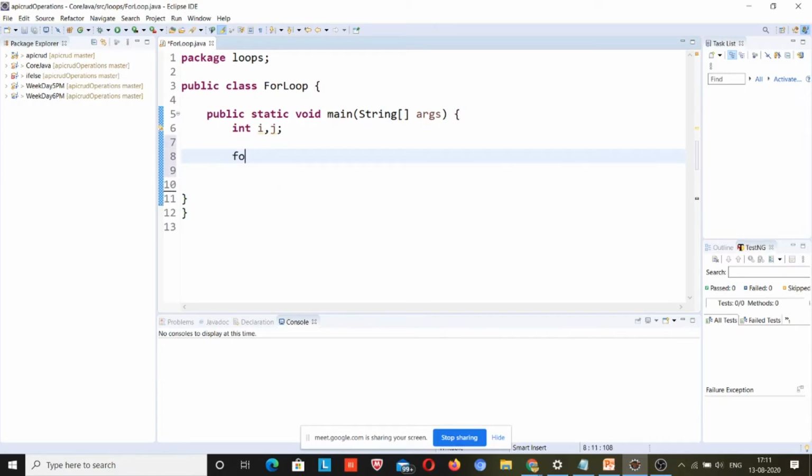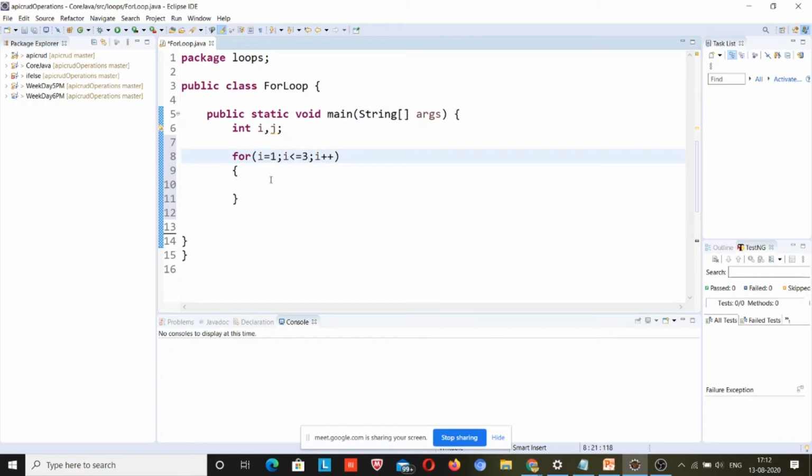I will write a for loop for I is equal to 1, I is less than or equal to 3, I plus plus. I have already initialized this I and j, so I don't need to initialize here.